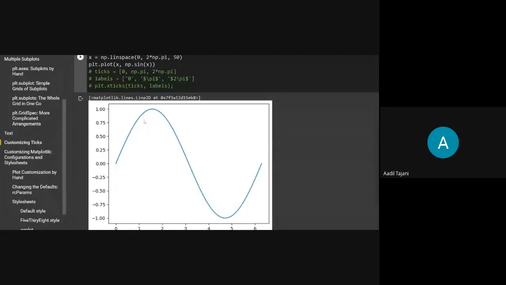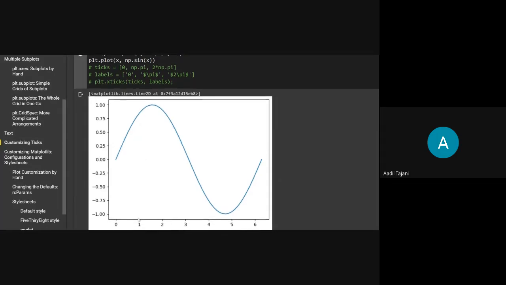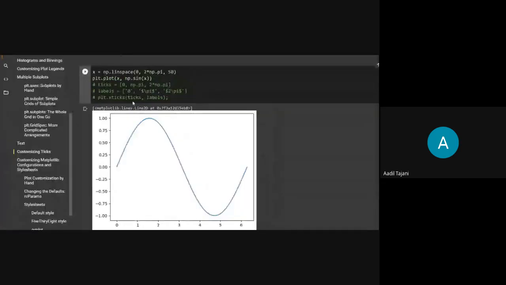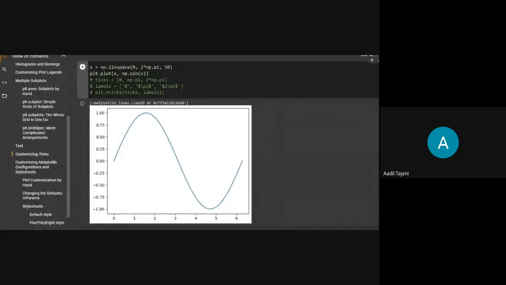As you can see here, I got a sine curve. Here is my data, which ranges from -1 to 1. Now I have taken the data from 0 to 2 pi, and I have taken 50 values between that. Now pi value is 3.14 as we know, and 2 pi is just a bit more than 6.